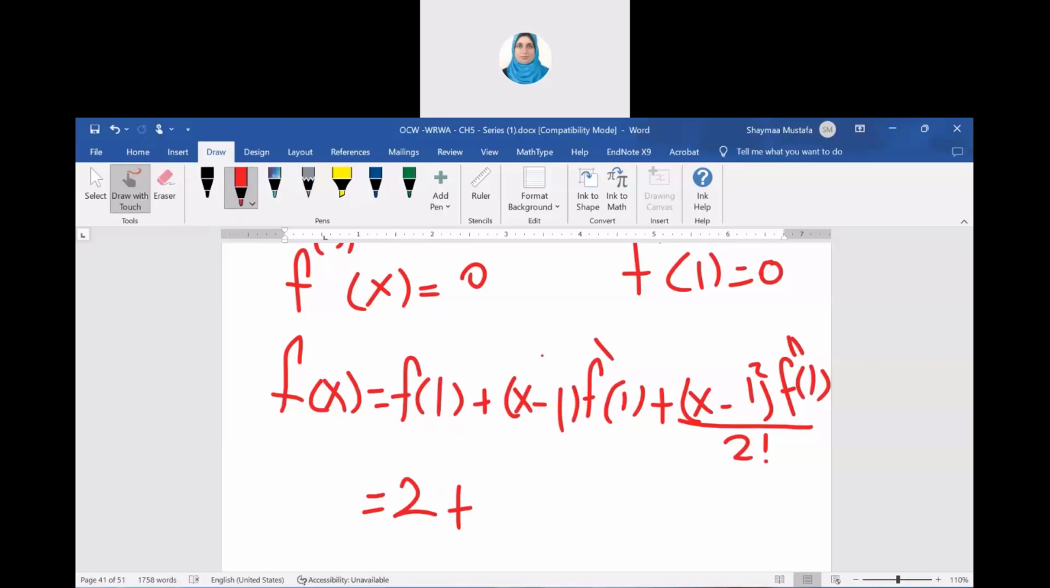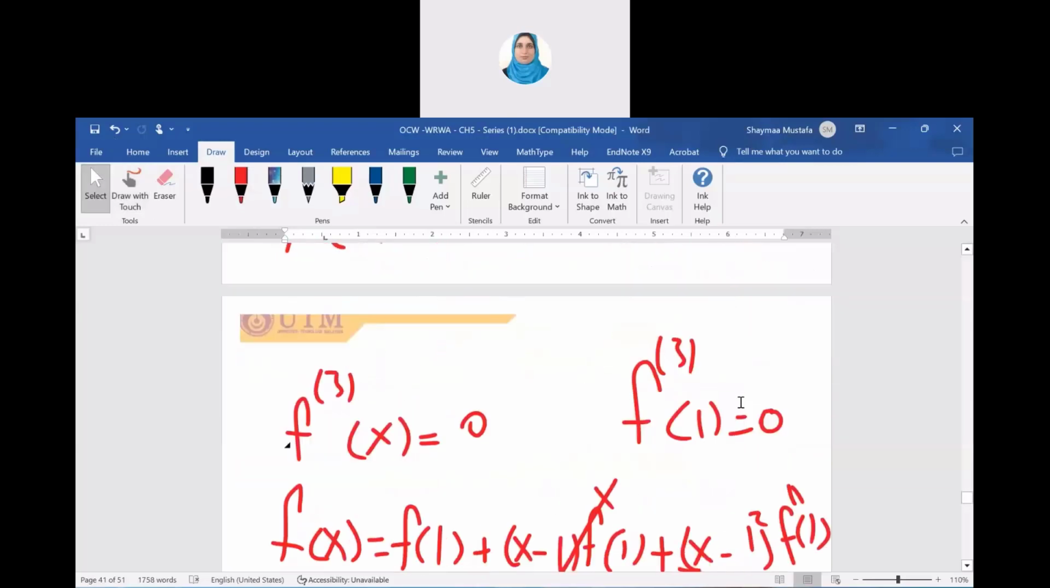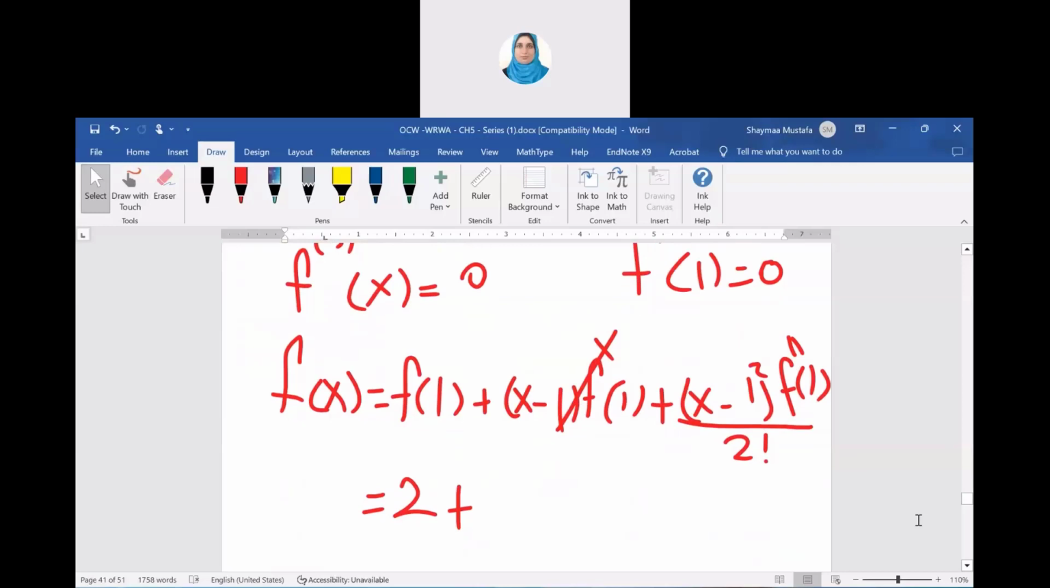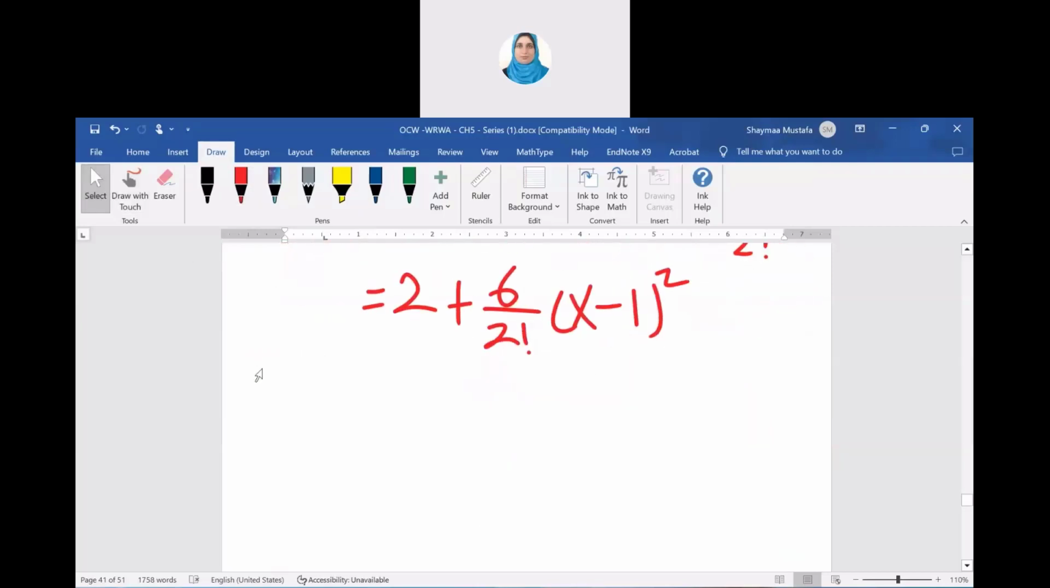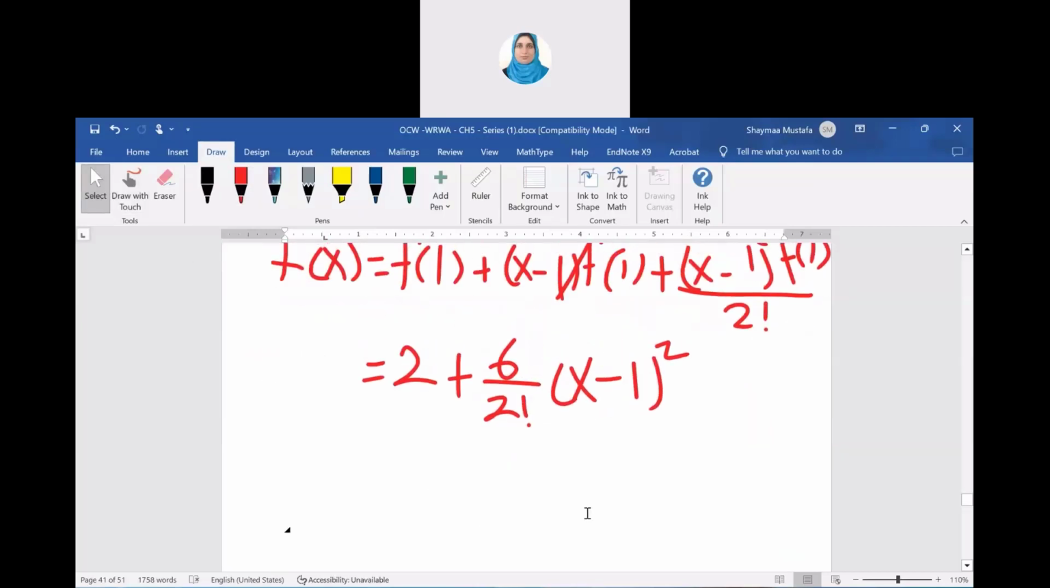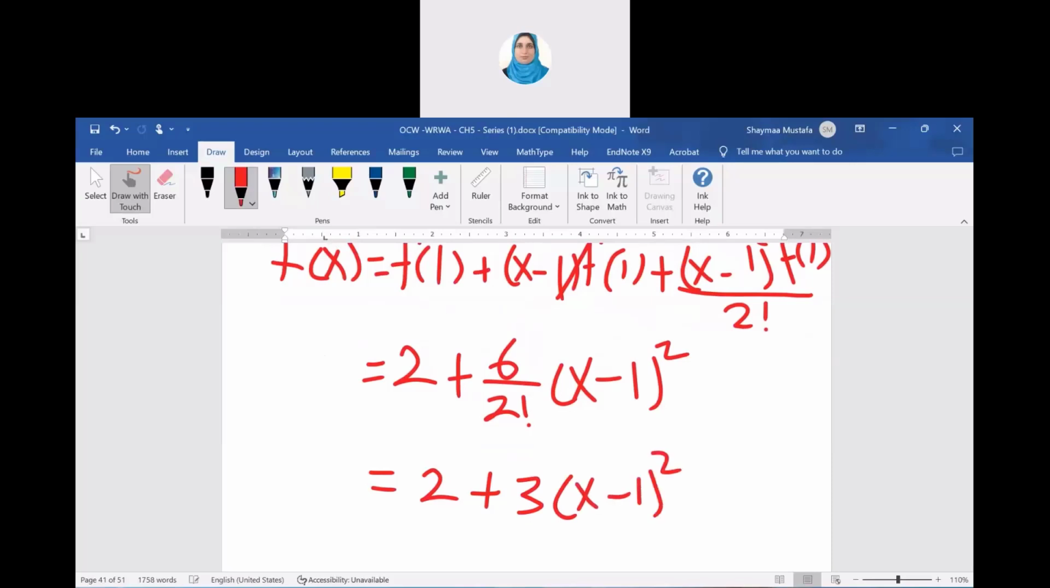So now the first derivative at 1 is 0, which means this term should be cancelled. Now the second derivative at 1 is equal to 6. So we have 6 over 2 factorial times (x minus 1) squared, which means 2 over 3 plus 6 over 2 factorial, which is 3 (x minus 1) squared, and this is